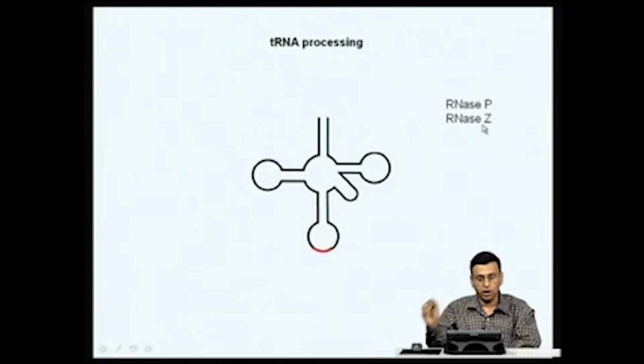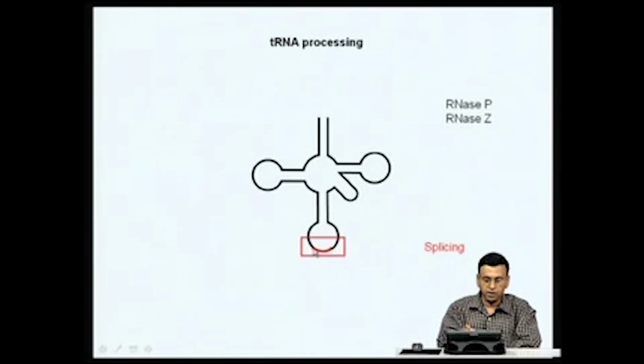So, this is the first step in RNA processing, and once these 5' and 3' overhangs are removed, there is also a very short intron in the pre-tRNA molecules in the anticodon loop of the transfer RNA, and this intron also gets spliced. So, removal of the intron from the anticodon loop is another important step in the tRNA processing. So, the 5' and 3' overhangs are removed, a short intron from the anticodon is spliced out, and then